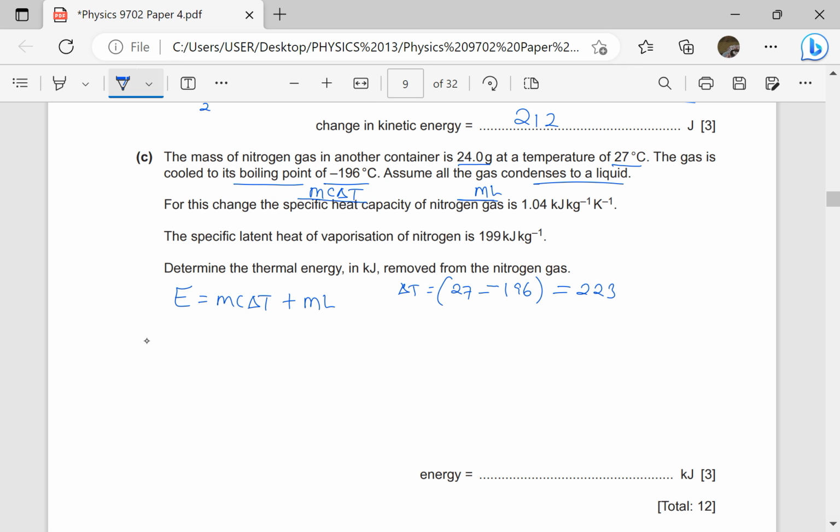If I want it in Kelvin, I must add 273 to 27, and I also add 273 to 196. Then I subtract. But that is not necessary, because I know the difference is going to be the same. So I'm now substituting. This is going to be the mass, which is 24 grams. That is 24 times 10 power negative 3. Then c is the specific heat capacity, which is given as 1.04. The change in temperature is 223 plus